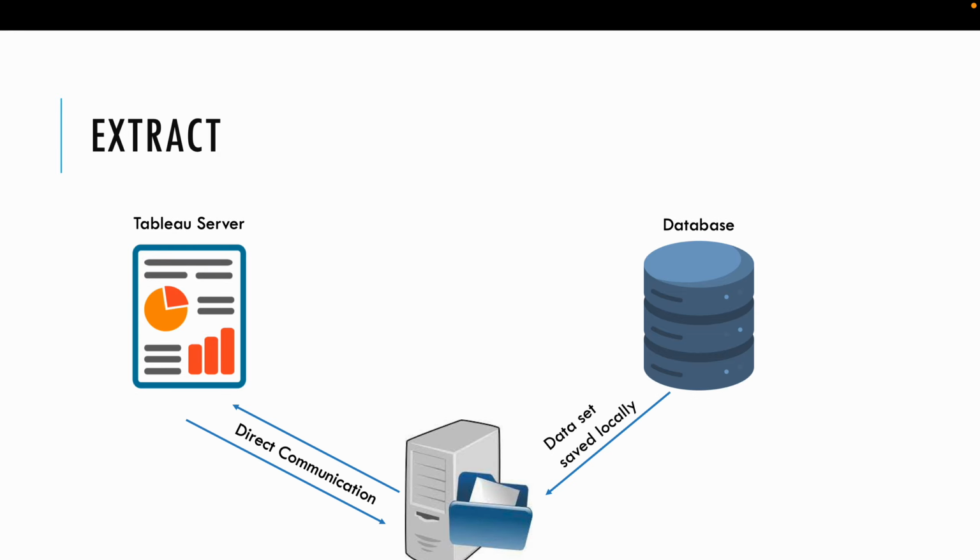Now let's understand extract connection type. In this type of connection, a local copy of your data set is saved. Suppose you're using two tables, and there's a join between these two tables. You choose the extract connection, and the data which is there in these two tables would get saved locally in your system as an extract file,